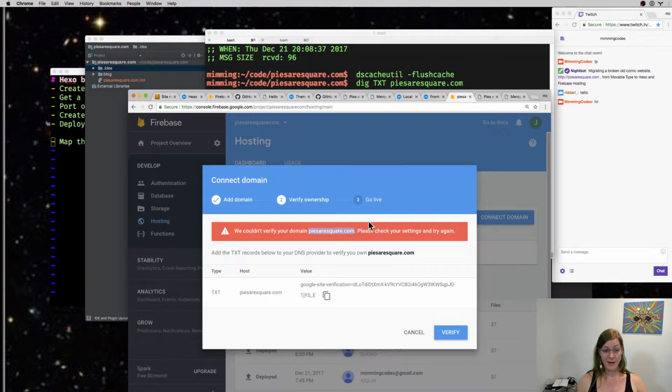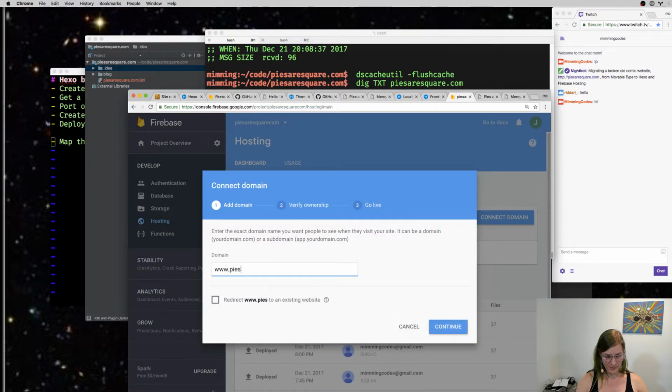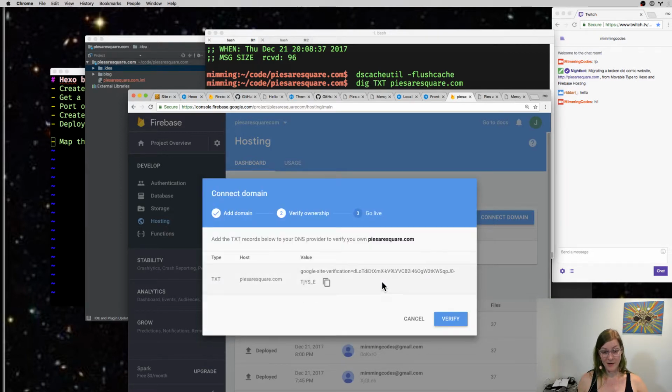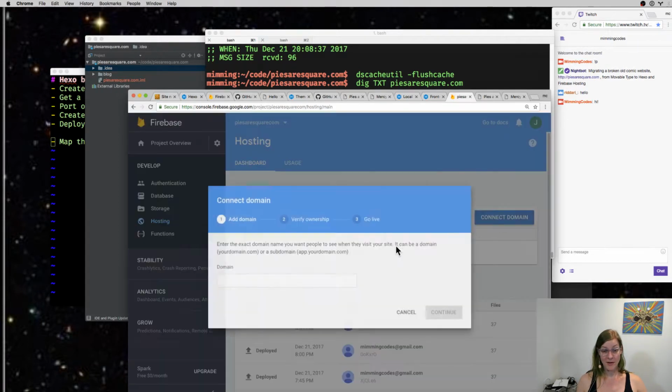So I'm going to get that mapped, since that's more exciting. Hopefully it gives me the same record to put in. It did? Yeah, it's the same. But I still can't see, at least from, oh, it wants me to put it. It doesn't want me to prove that I own www.hydrosquare.com. It wants me to prove that I own